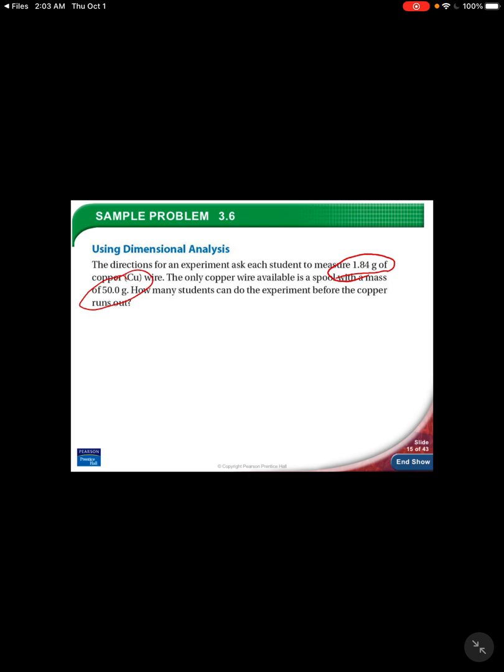So I started with 50 grams of copper wire, and I'm using one student needs 1.84 grams of copper. So my grams of copper, grams of Cu, will cancel, and I'll have my number of students